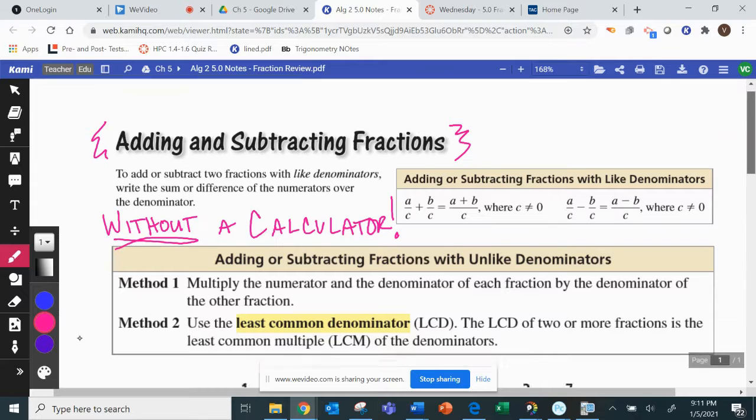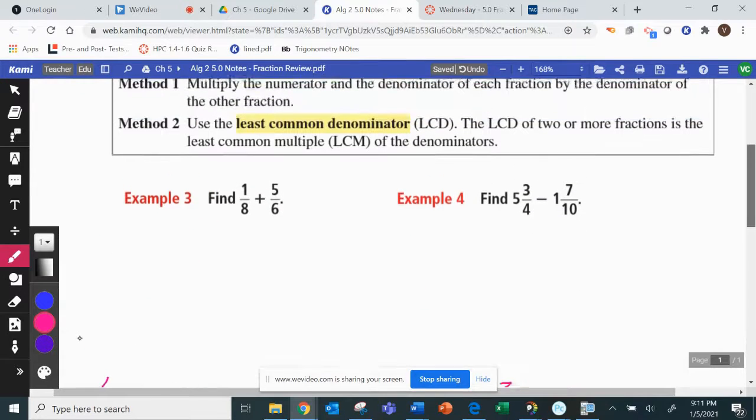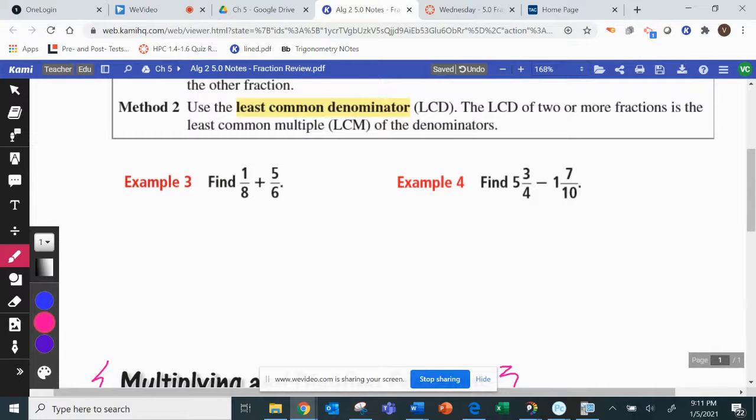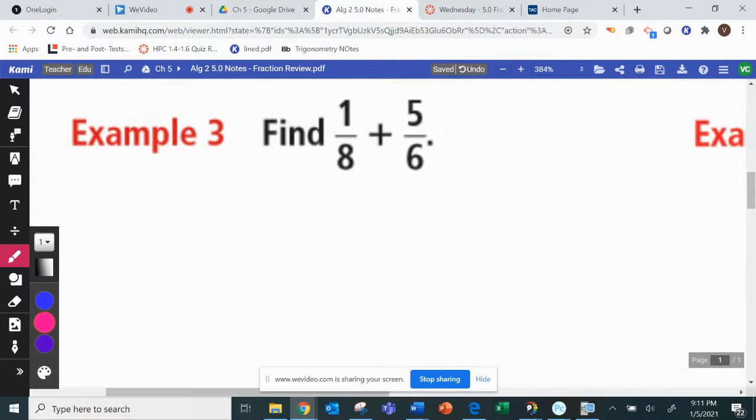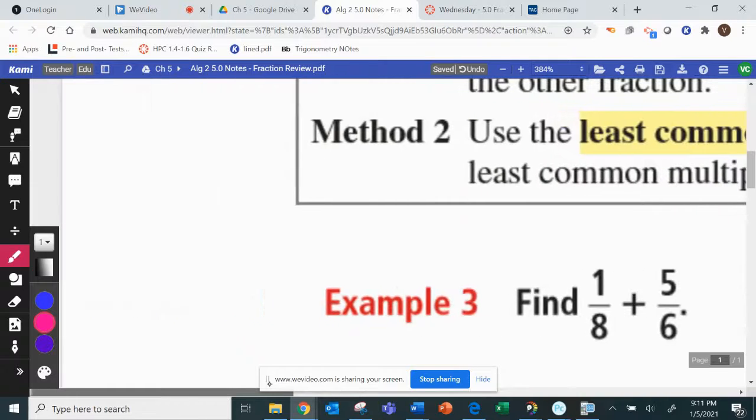Okay, so let's see. We're going to look at the first one. And by the way, the methods are written up here if you need to refer to either method of what we're doing today. I'm just going to talk through how to add fractions. So if we add anything in math, or subtract,